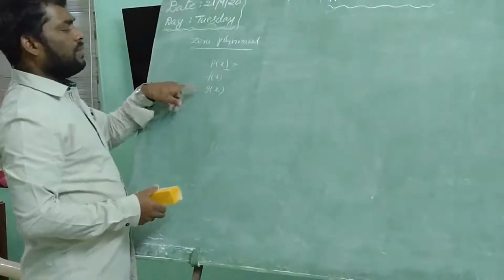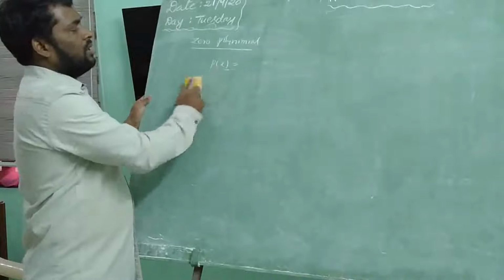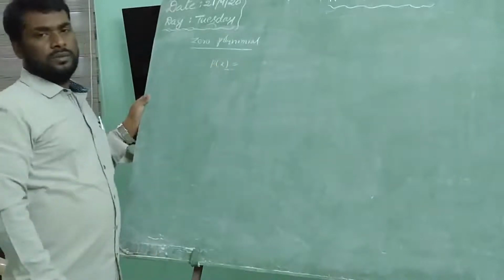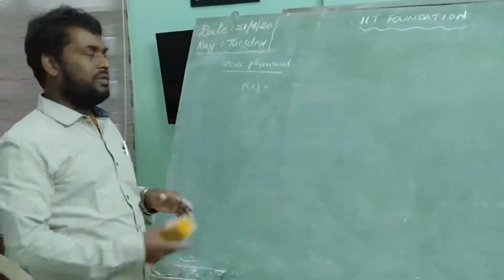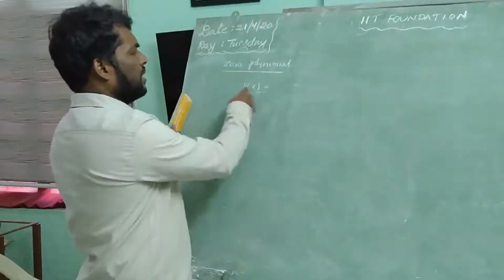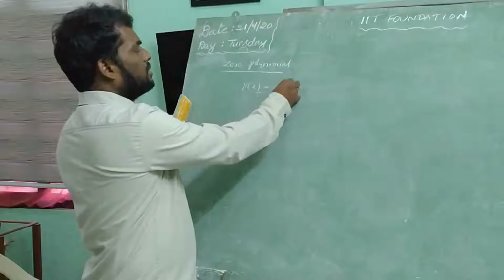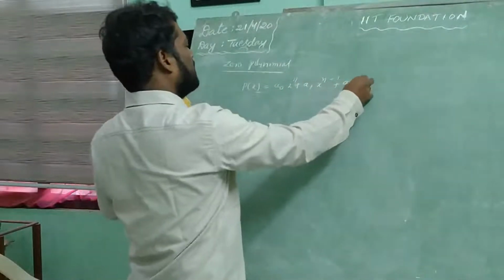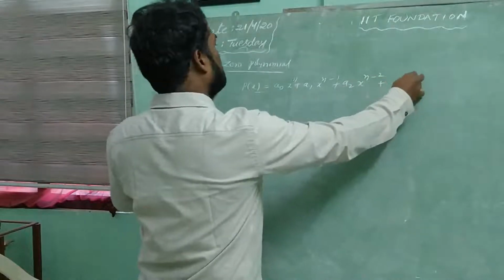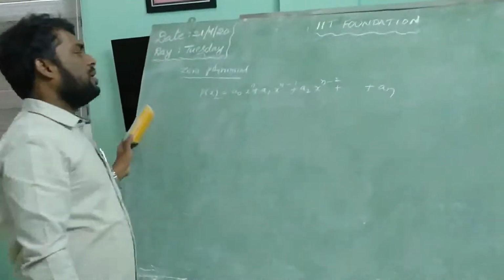You can take any alphabet here. What is the meaning of p of x? P of x is a polynomial with variable x. I take one example: a0 x to the power of n plus a1 x to the power of n minus 1 plus a2 x to the power of n minus 2 plus and so on an. It is a polynomial